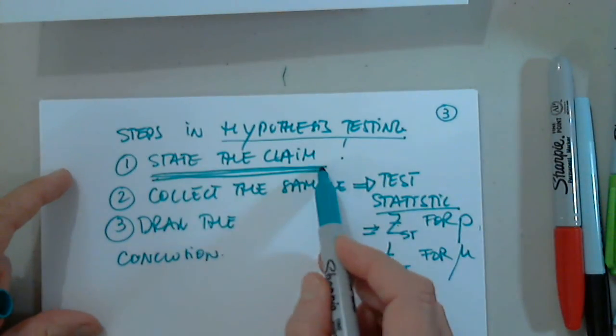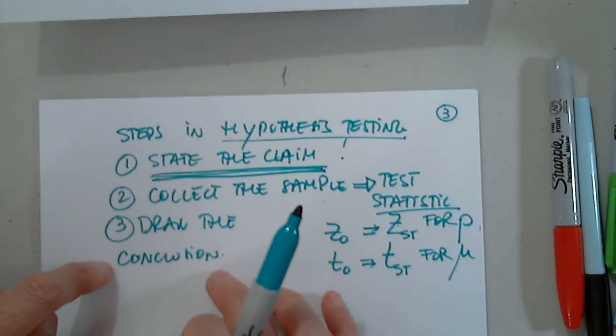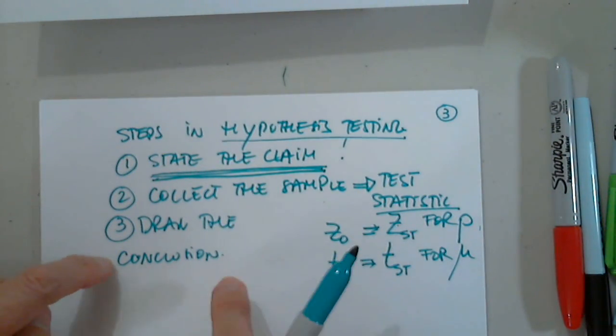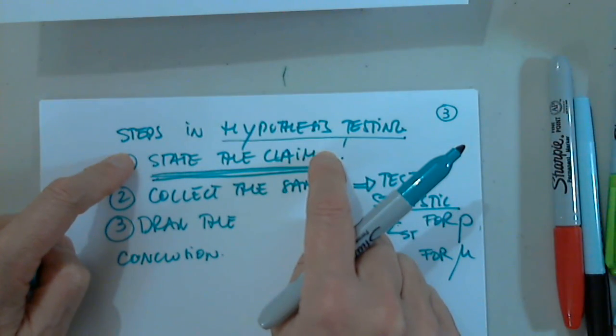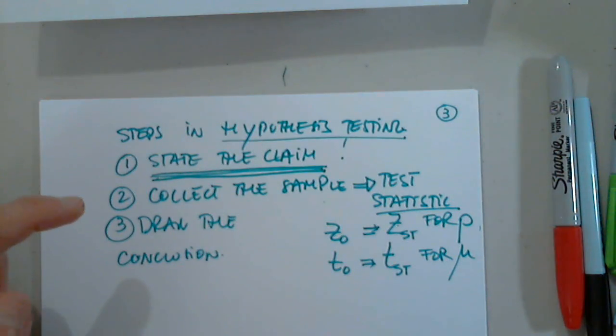I stated the claim, I collected the sample, and based on what I get from the sample, I draw the conclusion. The conclusion could be that either my claim has merit, or it does not. So allow me to